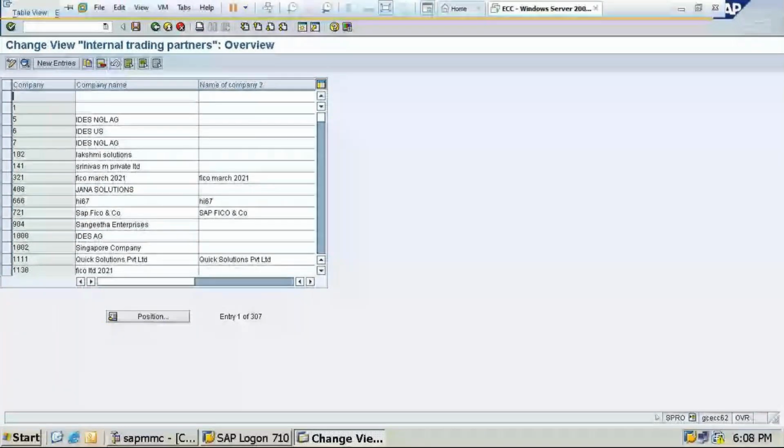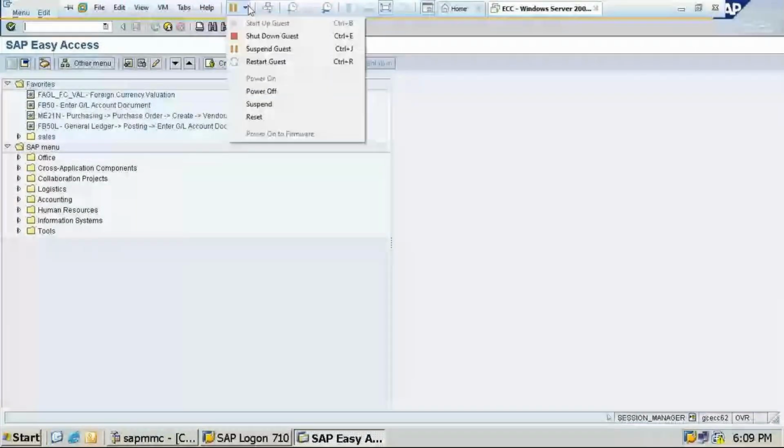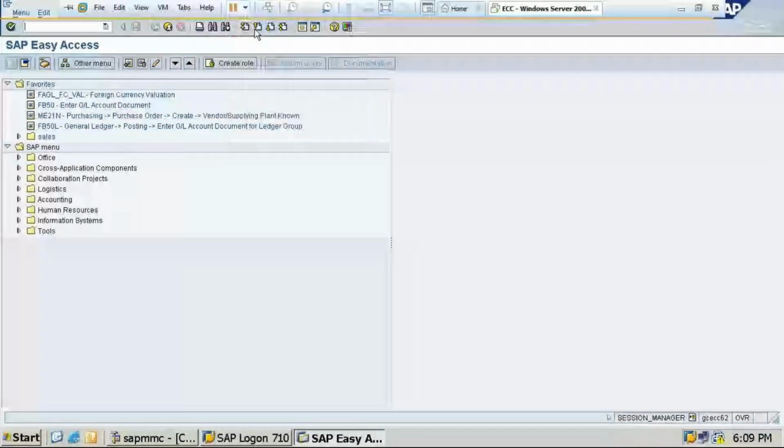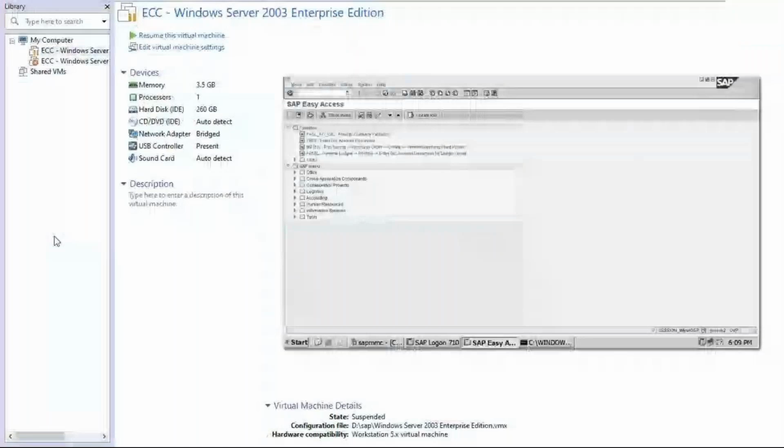So here we have the option called power off. Why is it asking? Because the admin has set it accordingly. I think if I suspend the guest, you have installed through admin, right? It is not showing the first screen like this.